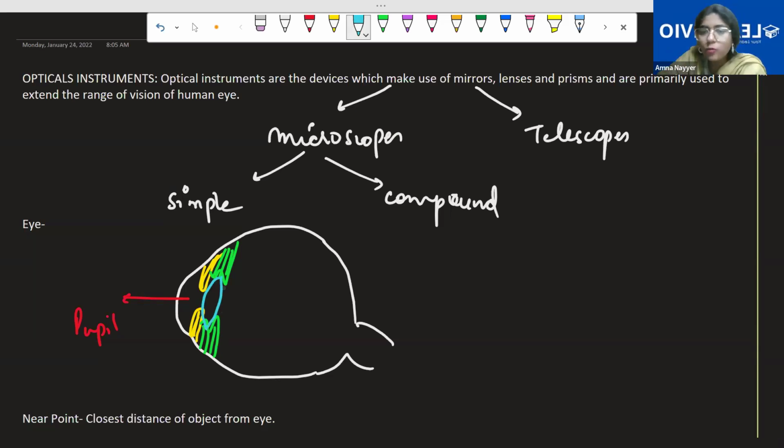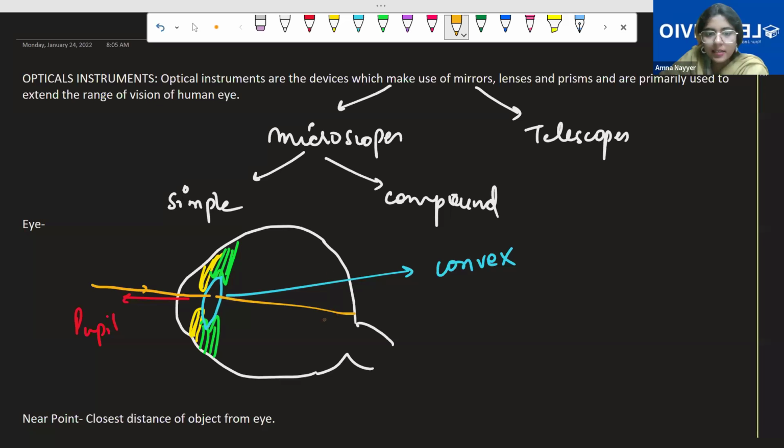So the human eye lens is a convex lens. That is the main point. Human eye lens is a convex lens. So remember and associate everything that we have studied with a convex lens here. The pupil allows the light rays to enter. Here light rays enter, they get refracted, and the screen where the image is formed is known as the retina. And actually an inverted, what kind? Because it's a convex lens, of course the kind of image that will be formed will be real and inverted.